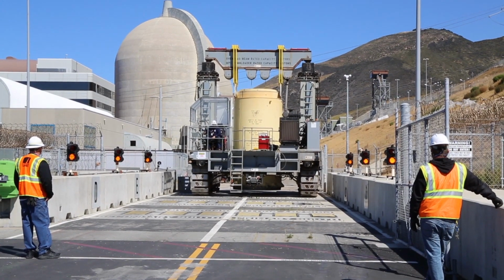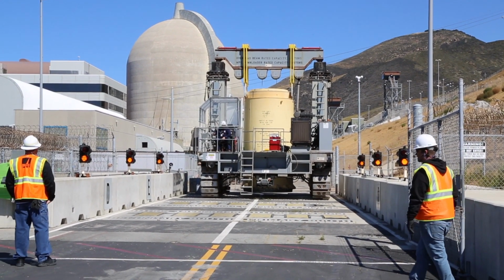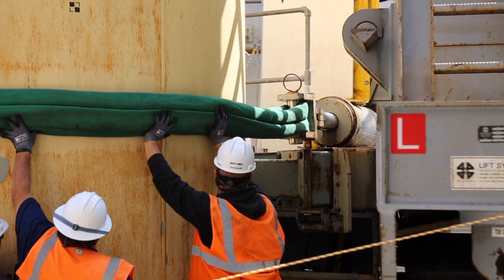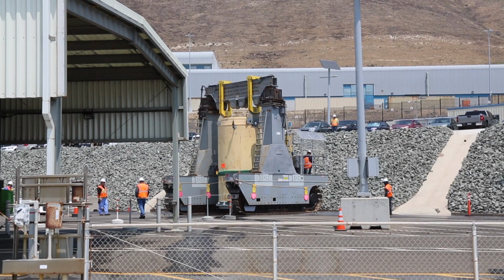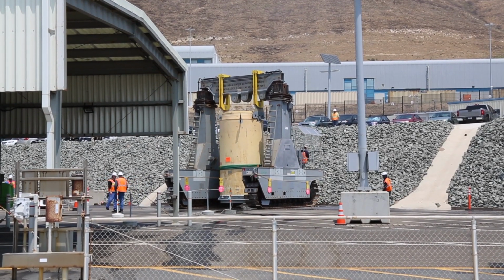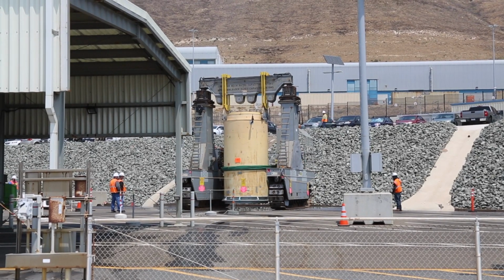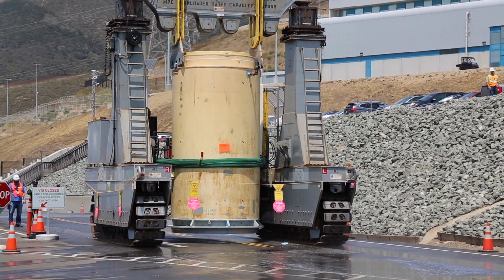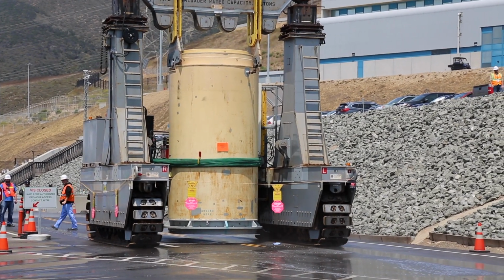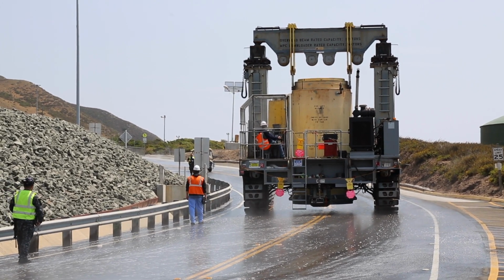Workers use a vertical cask transporter specifically designed to safely transfer used fuel to the ISFSI, which is equipped with seismic restraints and bumpers. Diablo Canyon uses Holtec International's HI-STORM 100SA system to transfer used fuel from the pools and place it into long-term dry storage. The entire process, from the pool to the pad, meets the Nuclear Regulatory Commission's site-specific criteria and was designed with